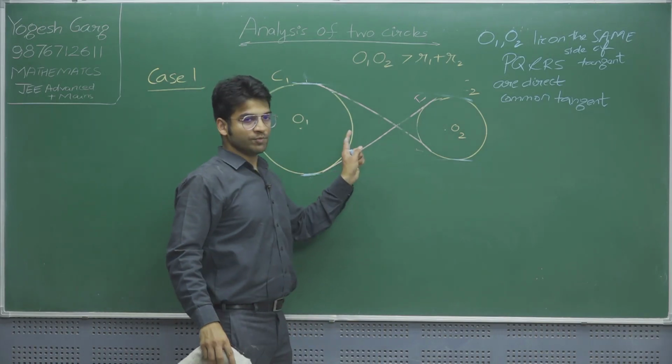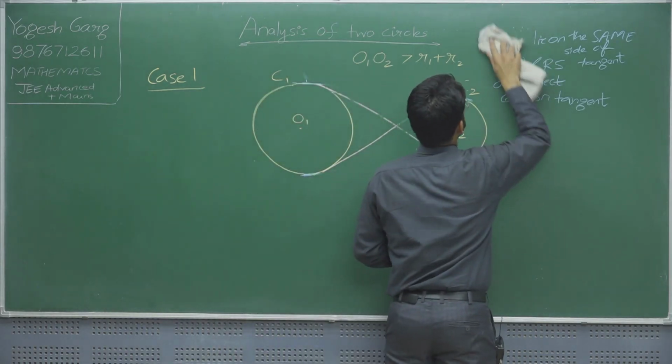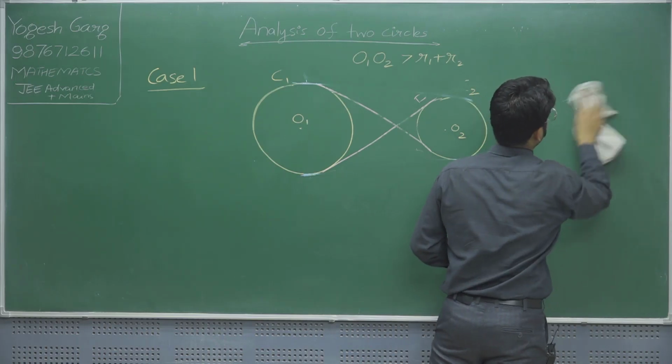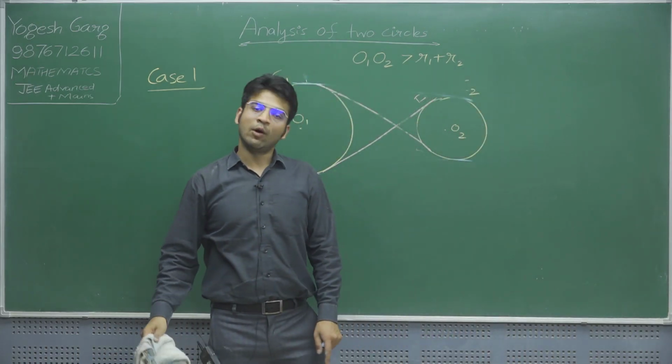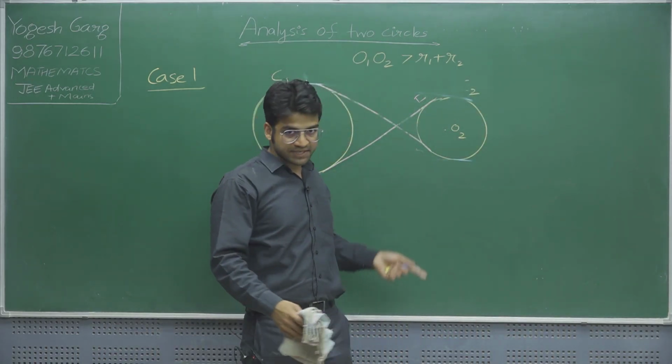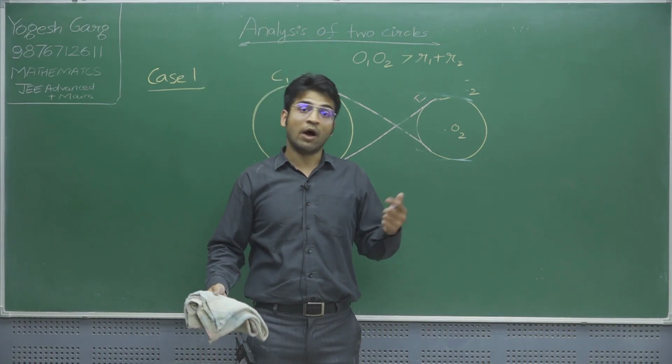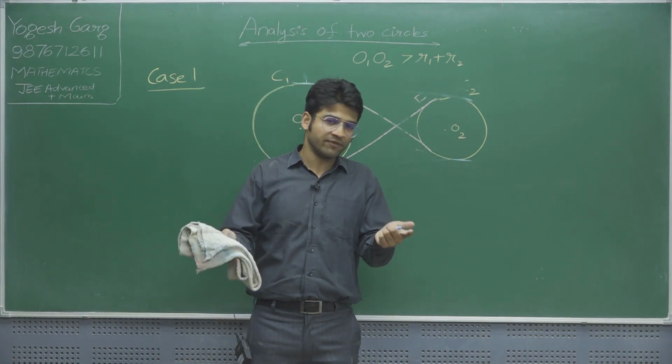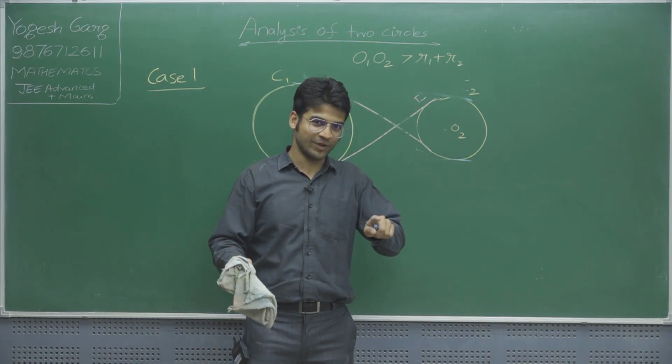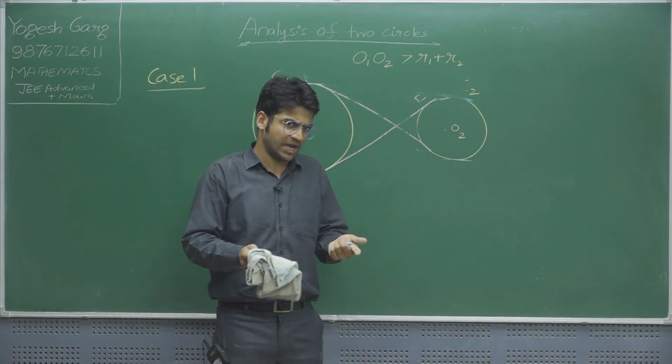So we have now just AB and CD. Also we should rub this thing. Now our focus is whether AB and CD are equal, and if so, then how to find their length. Even if they are not, we say they will be equal, right? They will be equal. This is true. We will see how.